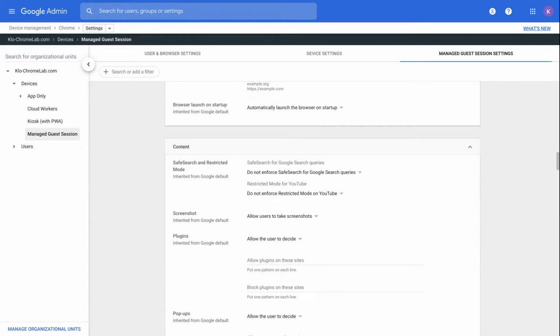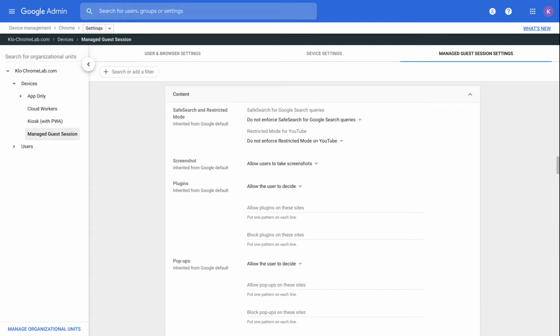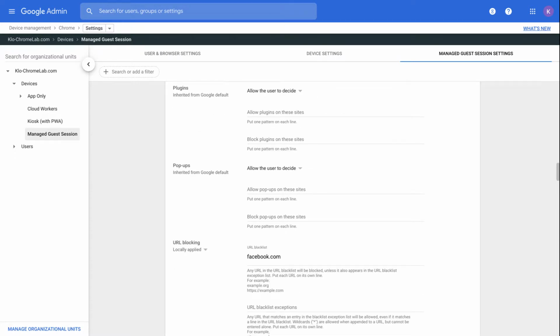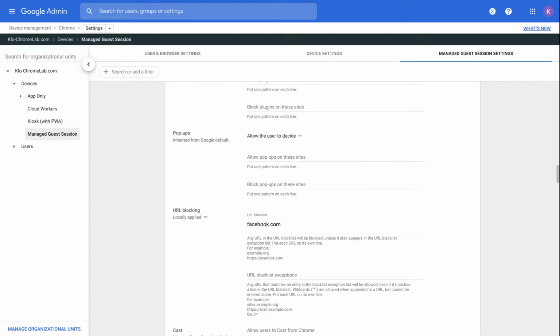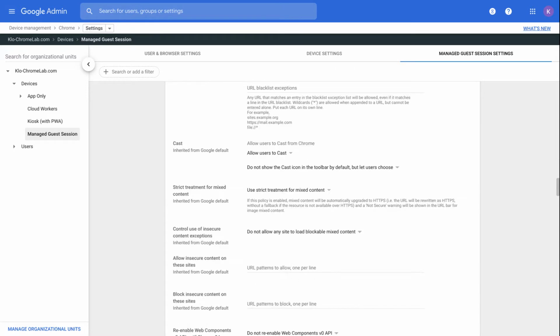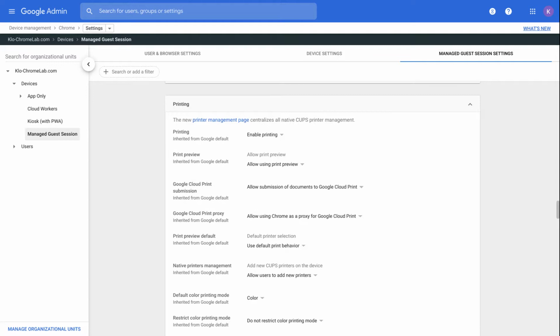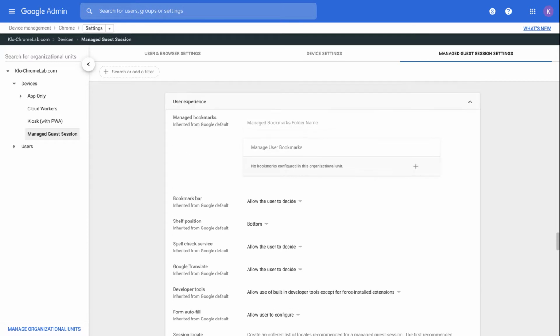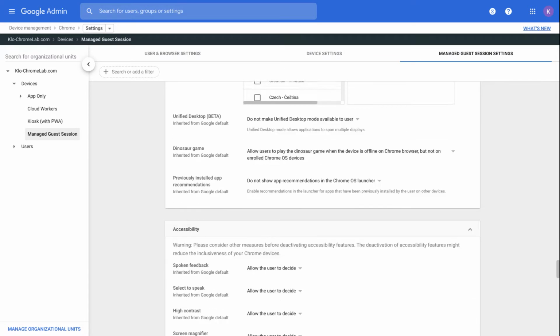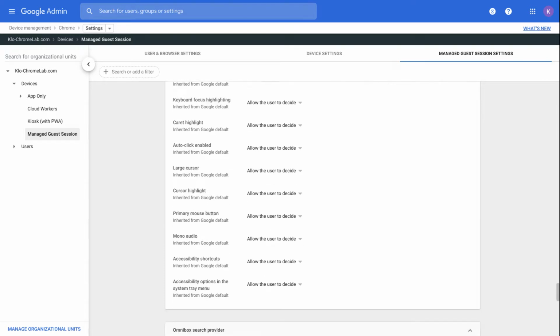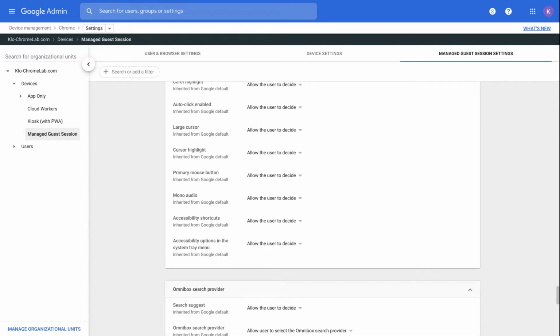From the content section, with the URL blocking feature, you can blacklist specific URLs by domain, provide URL filtering, so a great feature again. The other remaining sections such as printing, user experience, accessibility, and hardware are the same as the user and browser tab, but only for the managed guest session mode. A lot of possibilities.